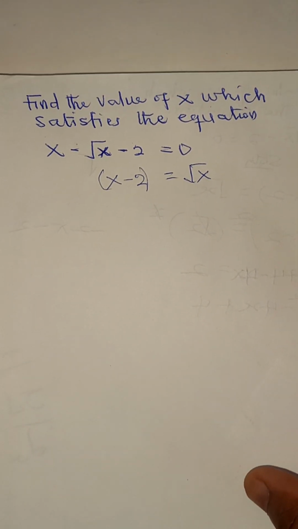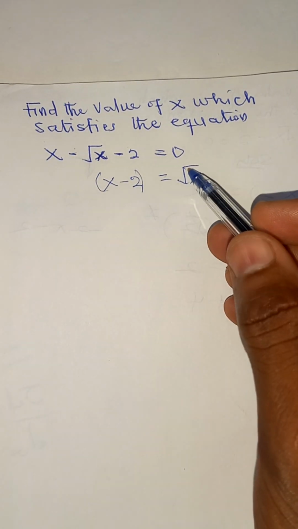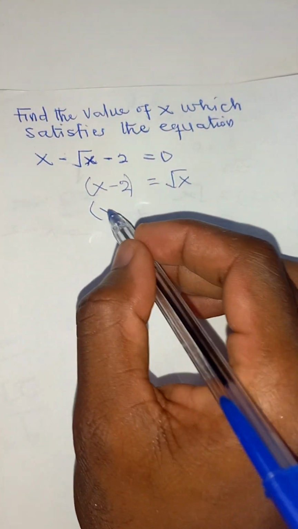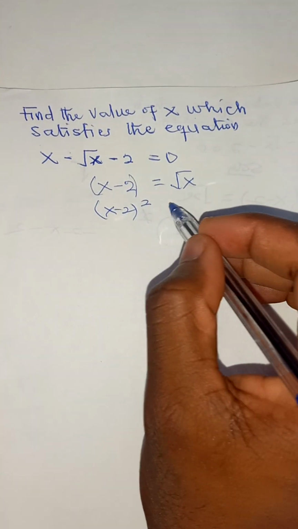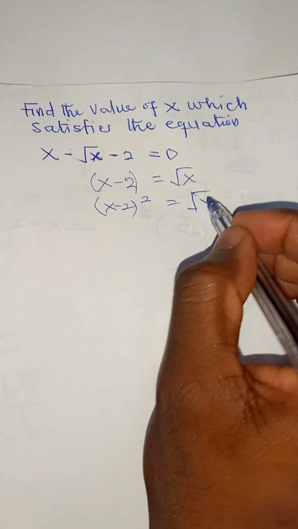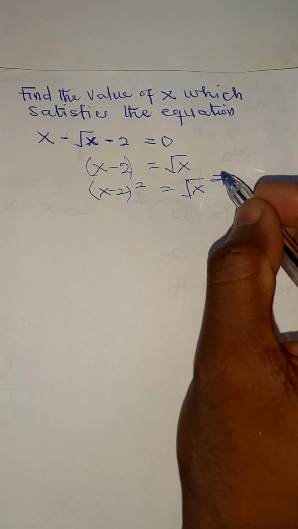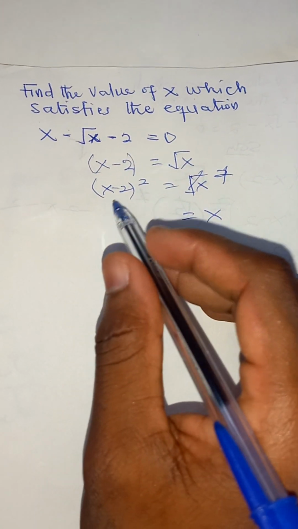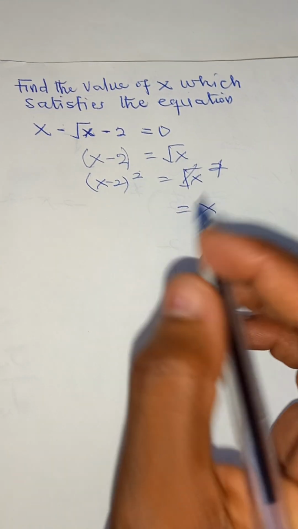Okay, good. The next thing to do is to get rid of this radical sign. And how do you do that? You are going to square both sides. So x minus 2 squared is equal to root of x squared, so that this square can cancel the square root, leaving x. Then here, let's expand. x raised to the power 2,